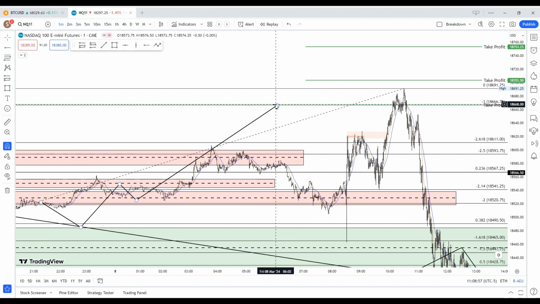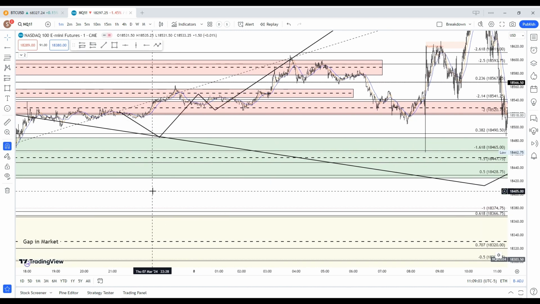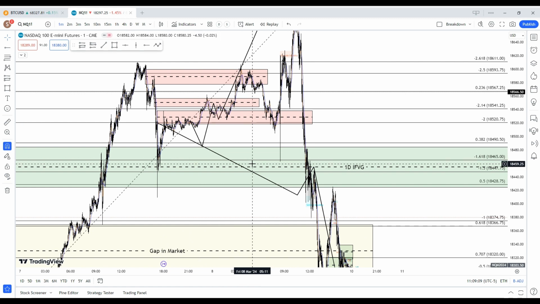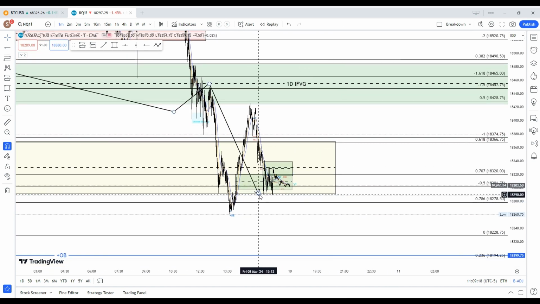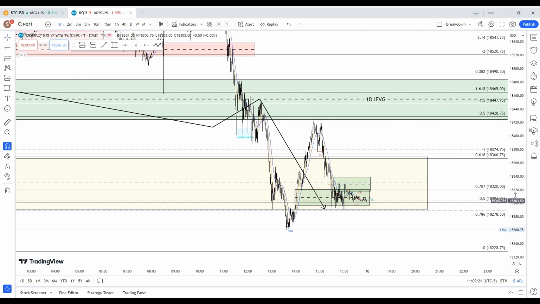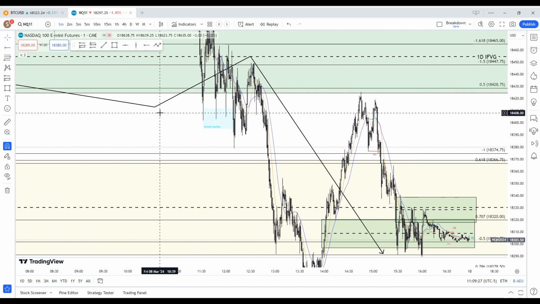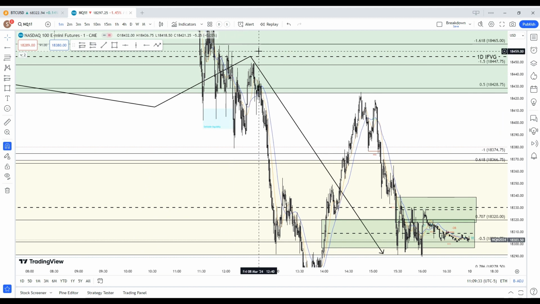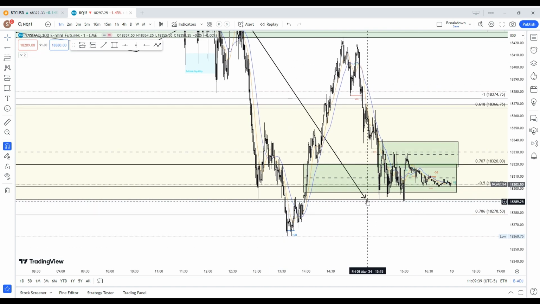We had also framed out a short trade idea, right? And that trade was if we came down and inverse this daily fair value gap here. This was the idea. And that also played out the same day. Wasn't expecting that, but we came down and inversed this daily fair value gap, took sell side, popped back up, respected it, and came all the way down to where the arrow ended.